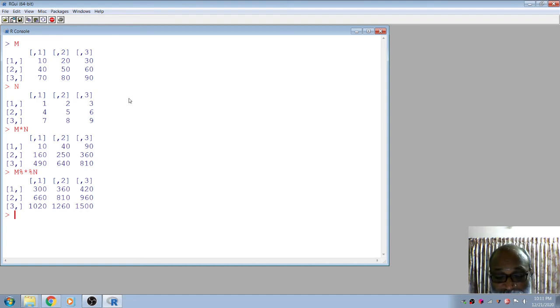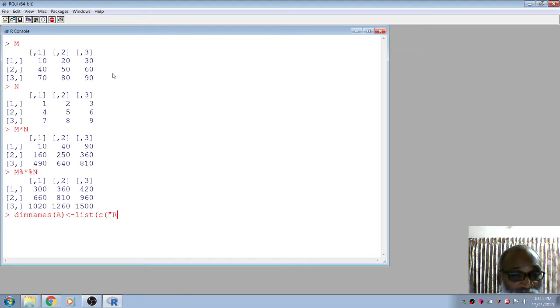Suppose you want to give names, you can give names here also, row 1, row 2, like that. So you can use the command dimnames of, suppose this matrix M. In the M matrix, you are going to give the title bar, this one, row 1, row 2, row 3, column 1, column 2. So dimnames of M, you can give the names through this command, a list. What is the command? list of, you can use the command c.